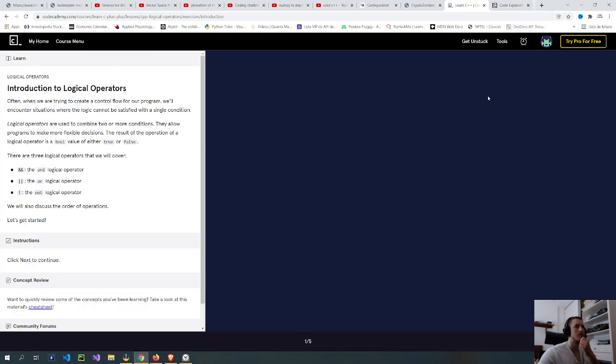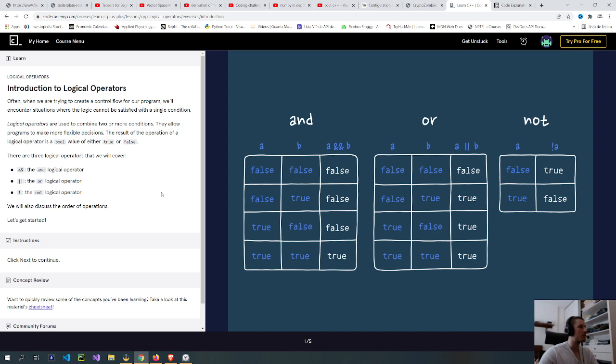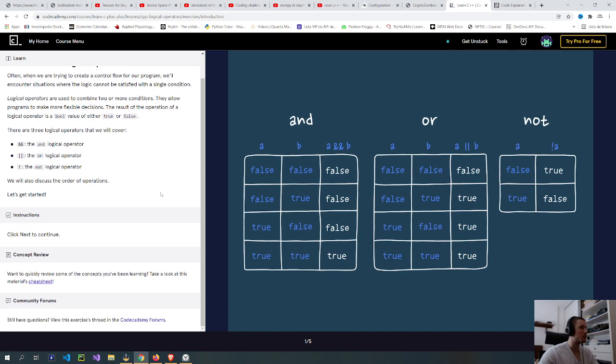Conditions and logic. Introduction to logical operators. Often when we're trying to create a control flow for our program, we encounter situations where the logic cannot be satisfied with a single condition. Logical operators are used to combine two or more conditions. They allow programs to make more flexible decisions.